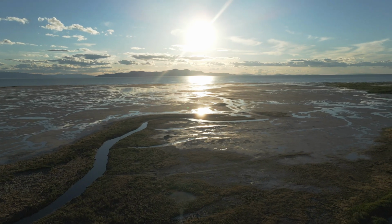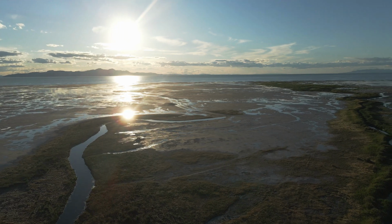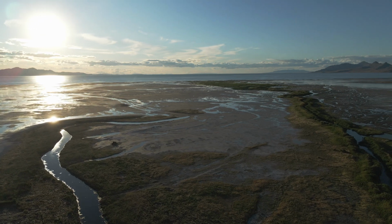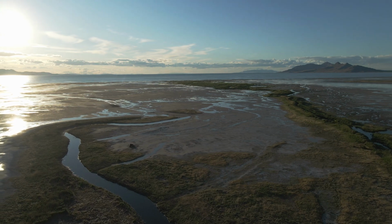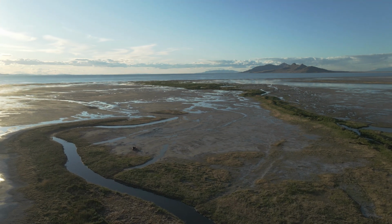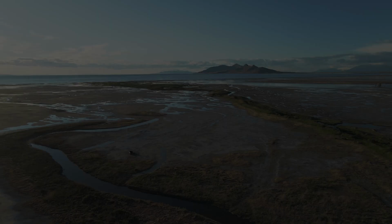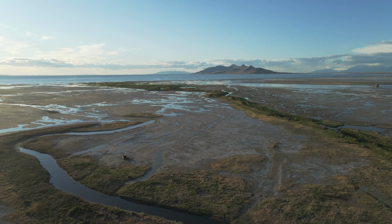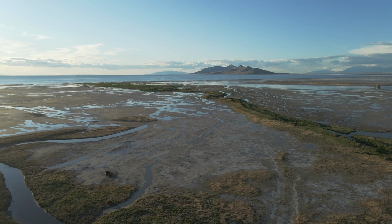Well, hello everybody. We're flying along here in a DJI Mavic Air 2 at the Great Salt Lake, the southern end of it, in an area that was home to the Saltair amusement park, which was originally built around about 1893 and was kind of the Coney Island of the West. Very large, very popular, but it burned down several times, was rebuilt several times, and more recently, I think about